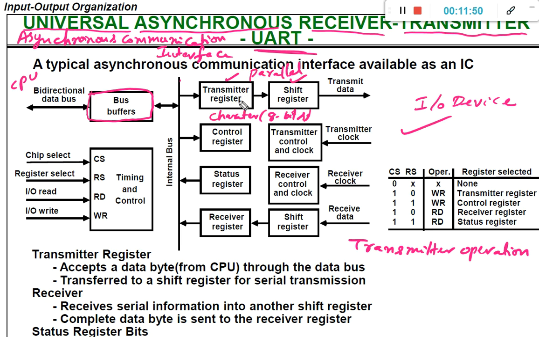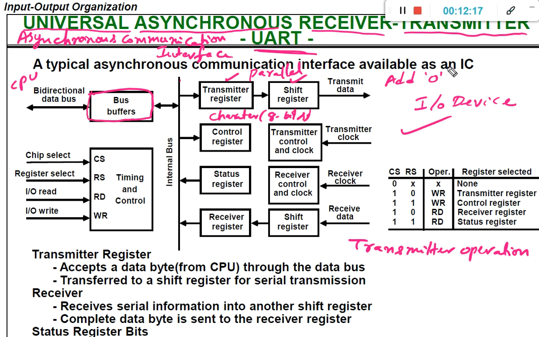That is why you can directly transfer the data. What is the purpose of the shift register? The shift register is used to actually transmit the data. To transmit the data, we need to send it bit by bit. So before transmitting, the shift register is going to add a 0